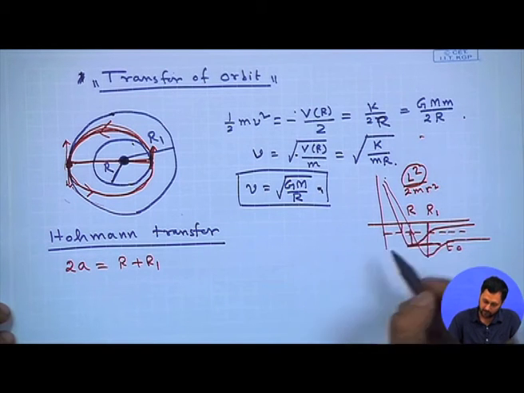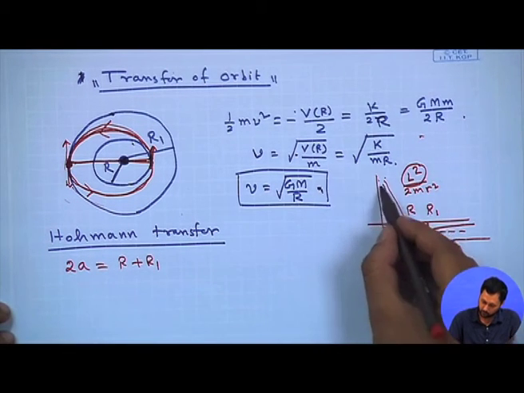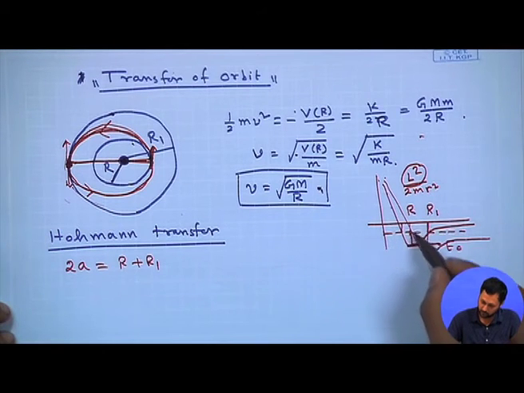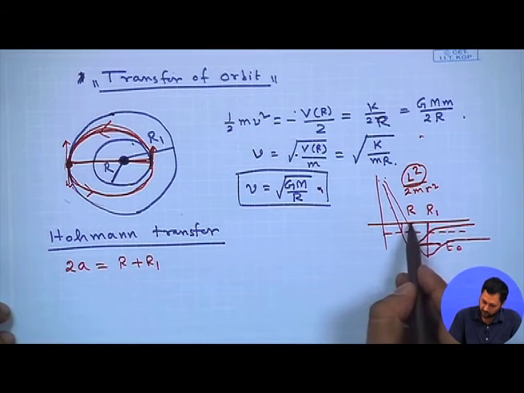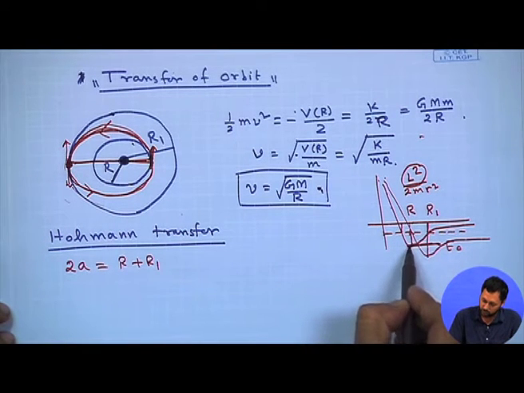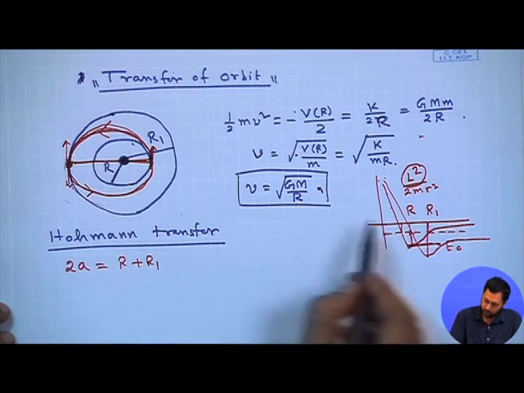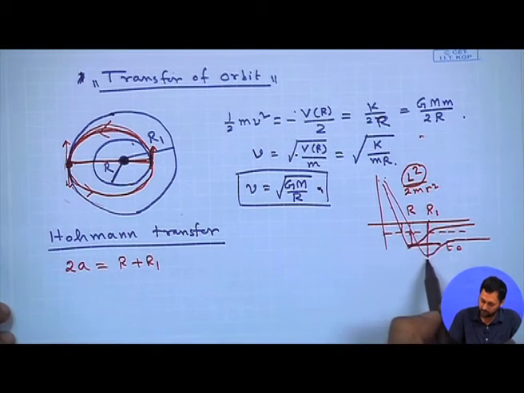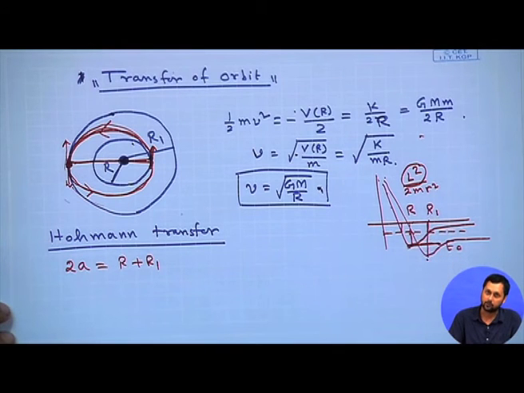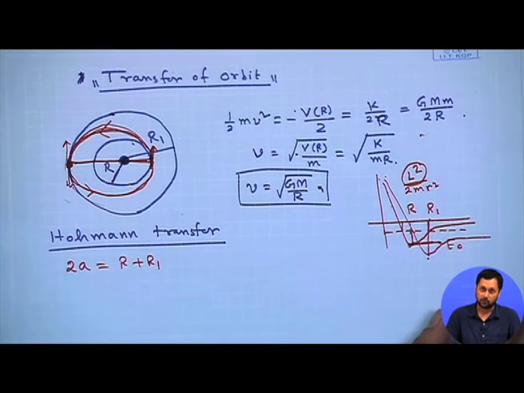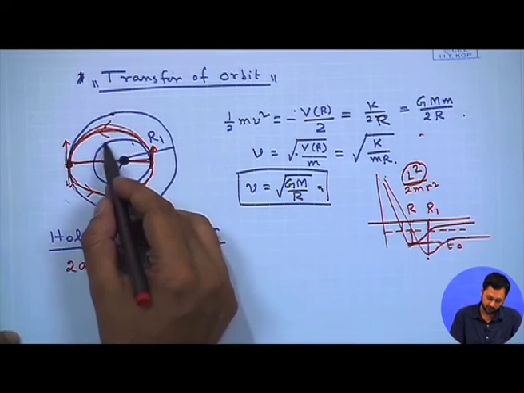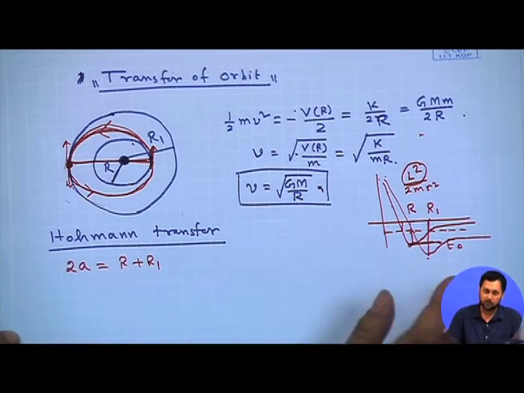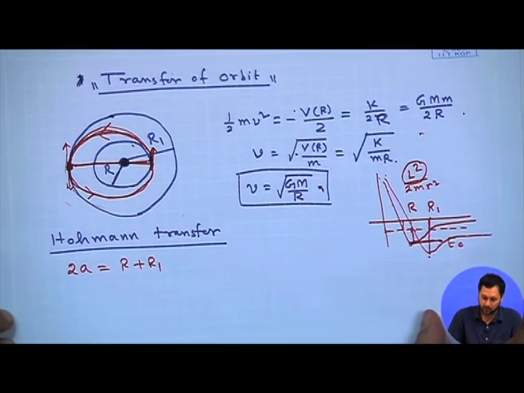So, essentially in a Hohmann transfer, we need to go from this particular potential to this particular potential, so that we start with a circular orbit with radius r, which is a minimum of this effective potential, and then at the end we go to this particular potential with a radius, minimal at r equal to r1. Okay. So, in brief, this is Hohmann transfer. Also, we can do some simple calculation for this single burn maneuver, that is the transfer between a circular orbit to an elliptical orbit, but we are not going into the details of that.